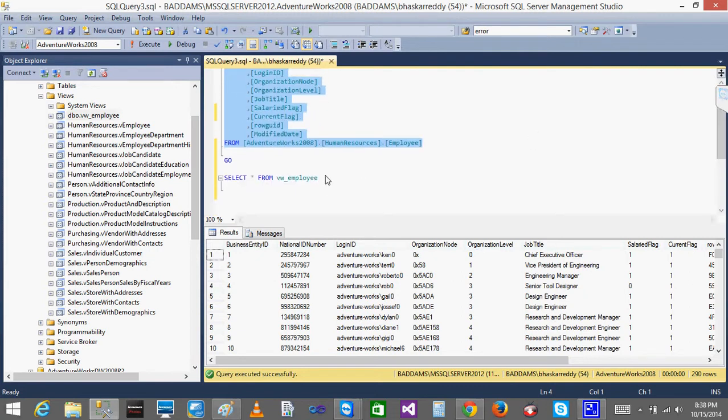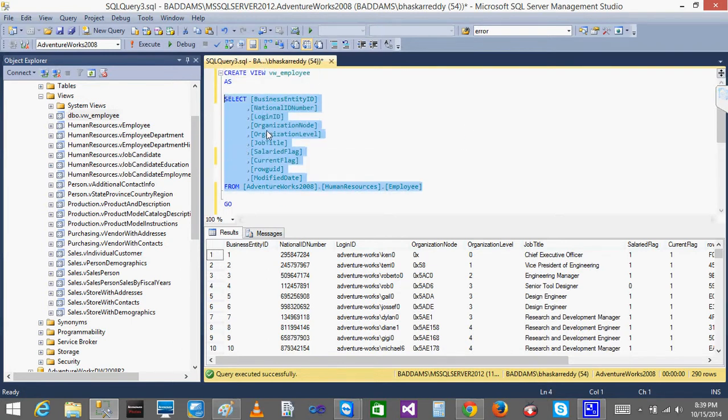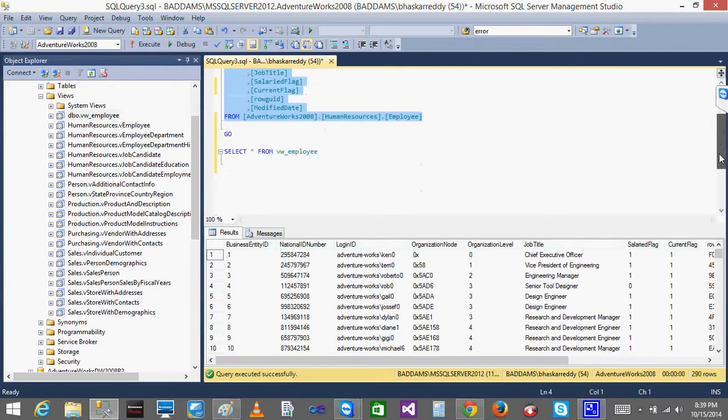That's it. So a view will never store a table. A view is nothing but a virtual table. Remember that a view is not a table. It's a virtual table, which means a view will never store the data. A view only returns the data that its query returns. Whatever output you get from the query, you can get it from the view.